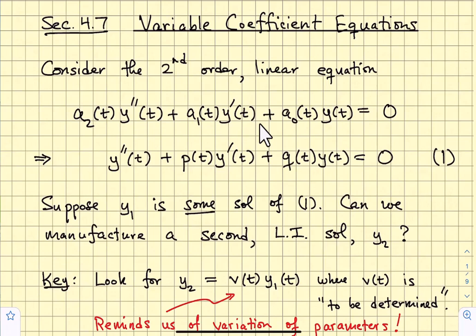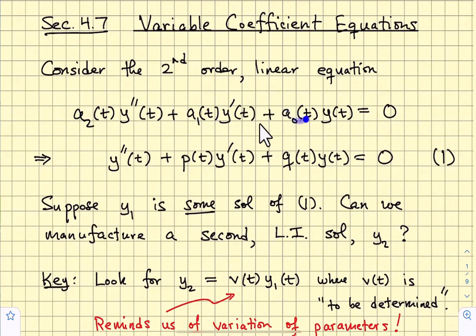Section 4.7, Variable Coefficient Equations. In this section, we consider second-order linear equations of the form a2 of t y double prime of t plus a1 of t y prime of t plus a0 of t y of t equals 0. Notice that this is just one of our standard forms for a second-order linear homogeneous equation, but this time we